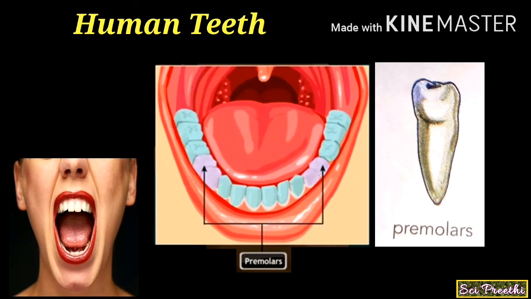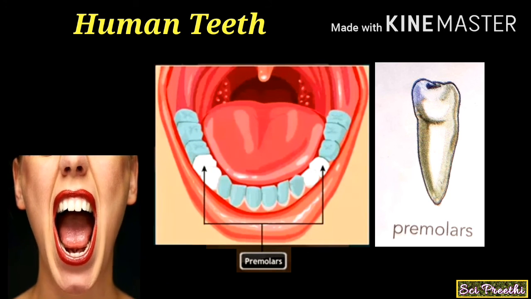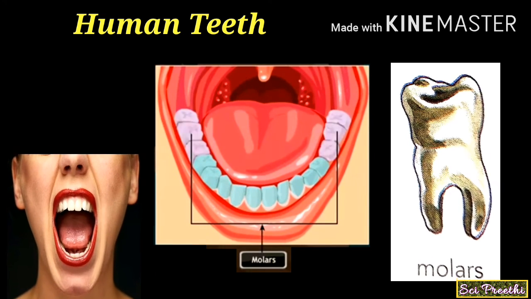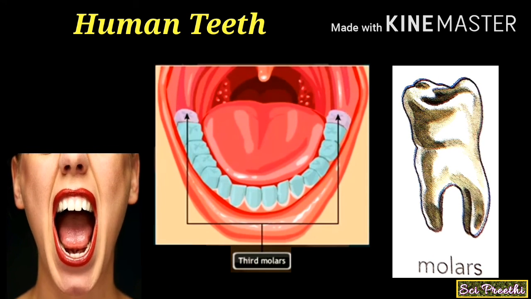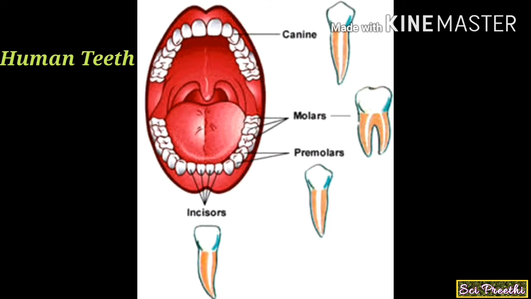Premolars lie next to the canines. There are 8 premolars, 4 in each jaw. They are used for chewing and grinding the food. Molars lie next to the premolars at the end of the jaw. There are 2 or more molars on each side of both jaws. Their surfaces are raised for chewing and grinding. Both premolars and molars are broad and rigid. Premolars are located behind the canines. Molars are located behind the premolars. These are the different positions and functions of each type of teeth.